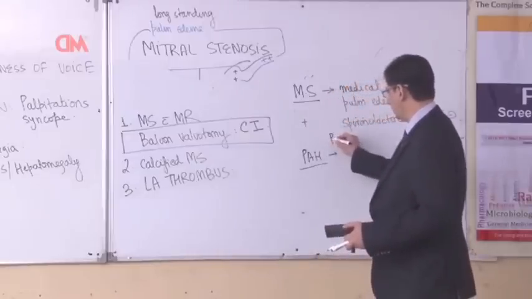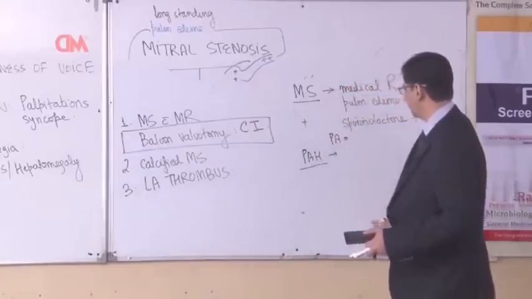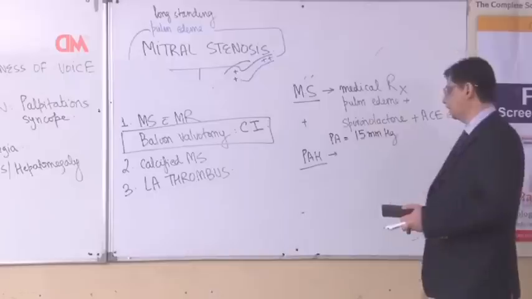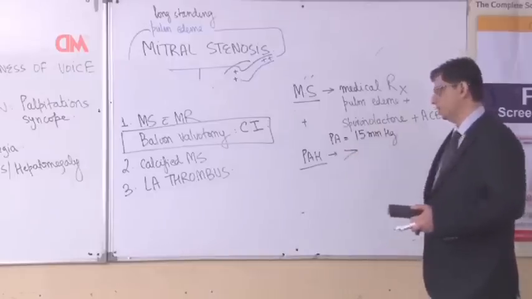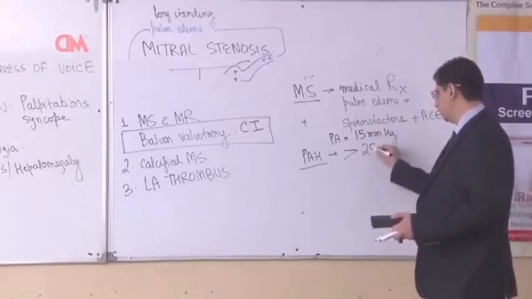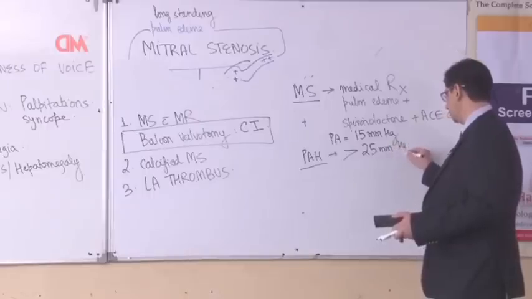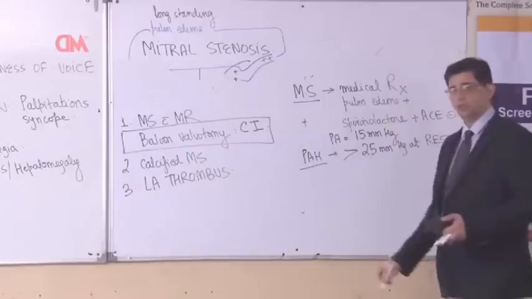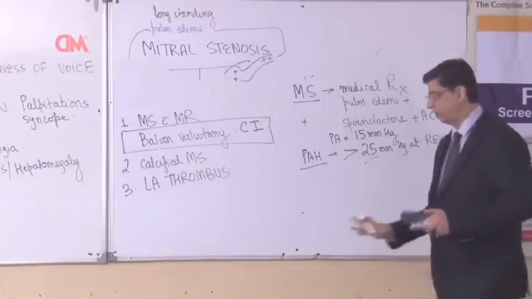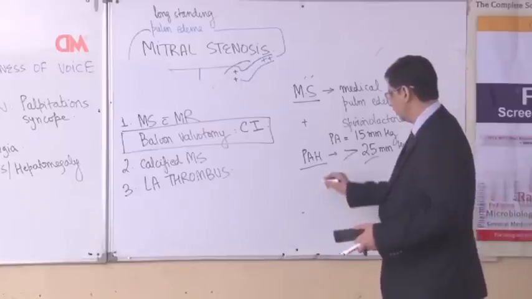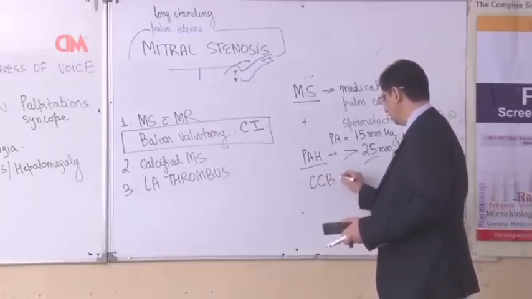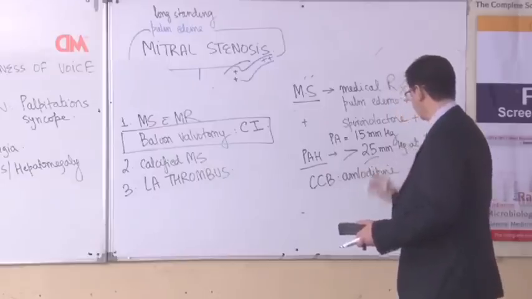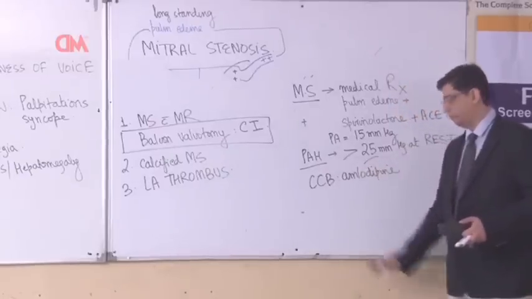You should be aware of the normal pressure in the pulmonary artery. The normal mean pressure in the pulmonary artery is about 15 millimeters of mercury. And the definition of pulmonary artery hypertension is pressure in the pulmonary artery more than 25 millimeters of mercury at rest, or more than 30 millimeters of mercury on exercise. For MCQ, you need to remember normal is 15, higher than 25 is pulmonary artery hypertension. For these patients, the first line drug that you will be using would be a calcium channel blocker like amlodipine. After calcium channel blocker